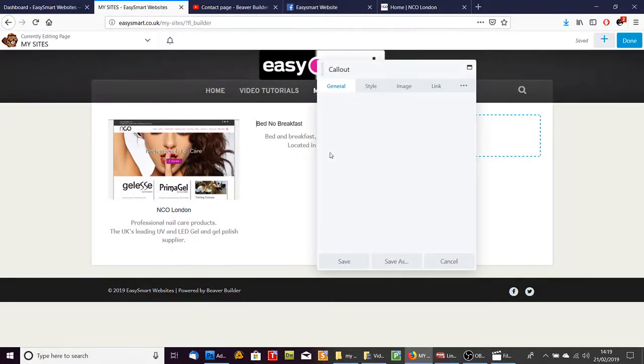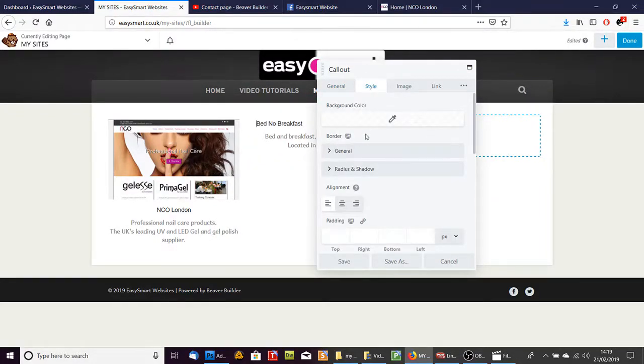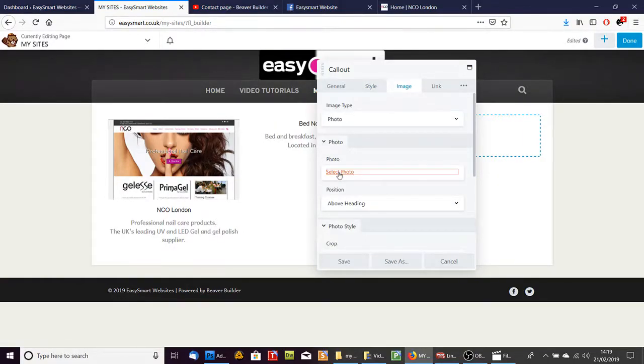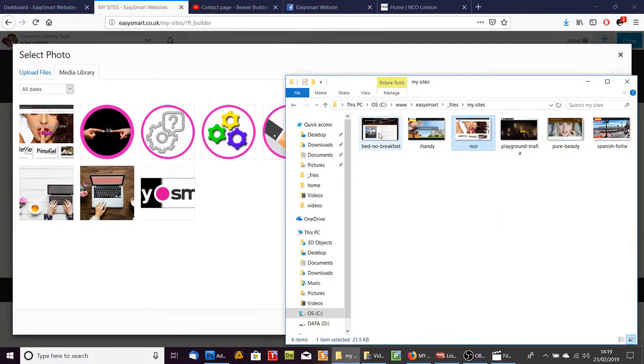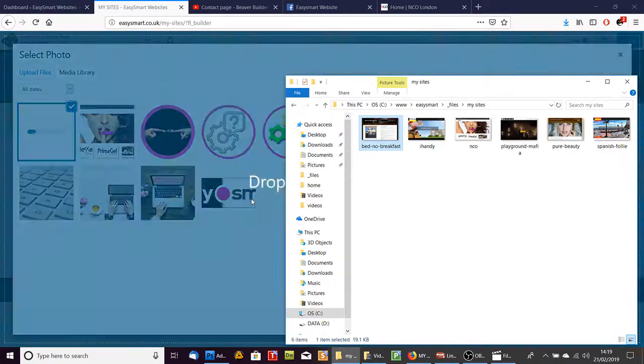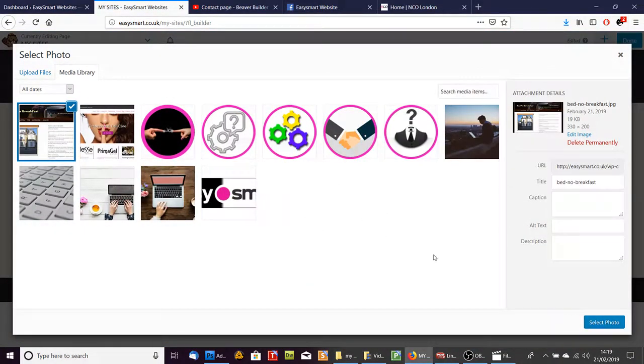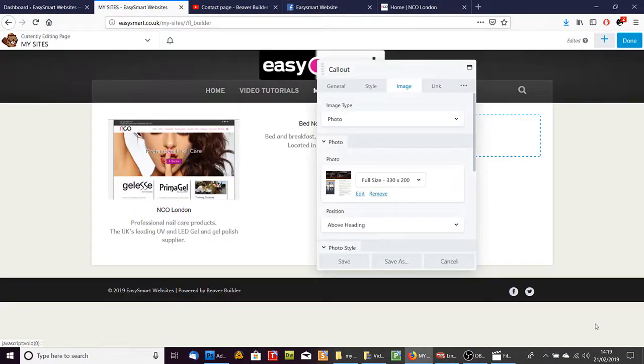I haven't finished yet. So again, we style it, and we're going to put everything in the middle, and we're going to find his image. So select photo. Yeah, open my photos folder. There's the screenshot of John's Bed No Breakfast website, and we're going to select that photo. And lastly, we need to